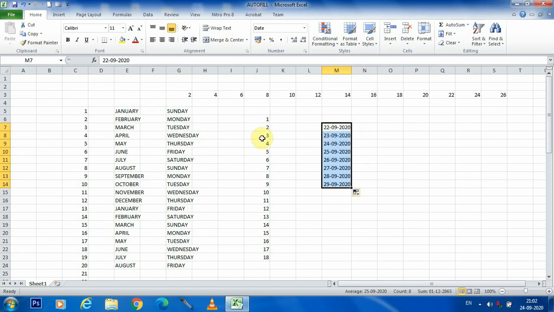You can see here 22, 23, 24, 25, 26. Here it is only showing 2020. That means 22, 23 in the month of September. Here it is showing Copy Cells. That means if you click on Copy Cells, all the cells are the same.